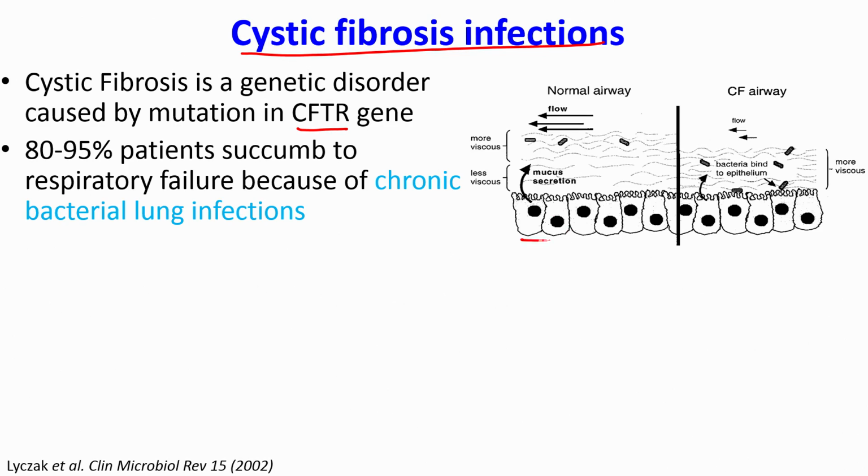you have these lung epithelial cells, and these lung epithelial cells continue to secrete a lot of mucus, which causes the generation of two mucus layers. So, you have a more viscous mucus layer and you have a less viscous mucus layer, and in general in a normal airway of the lung, this mucus keeps on